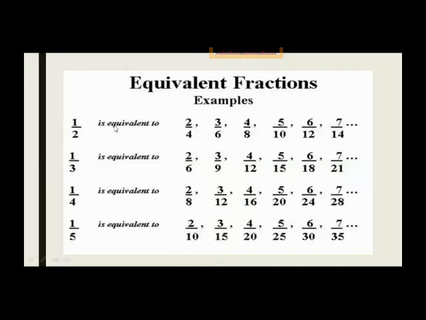Or when you multiply, multiply 1 upon 2 by 2, with numerator and denominator both. 1 twos are 2, 2 twos are 4. And in this, multiply this 1 upon 2 by 3. When you multiply the fraction 1 upon 2 by 3, means you will multiply 3 with the numerator and denominator both. So 1 threes are 3 and 2 threes are 6.